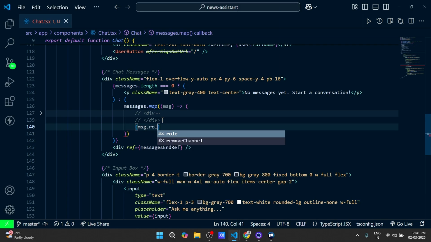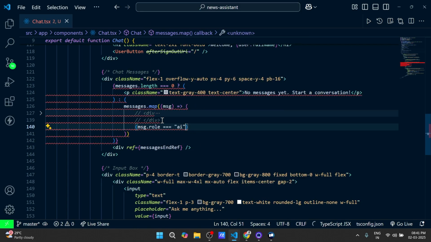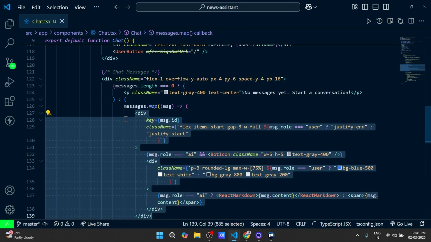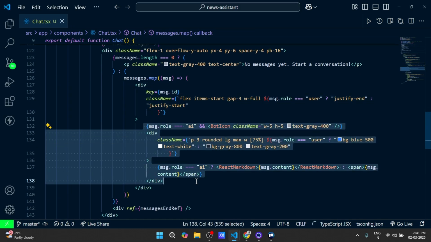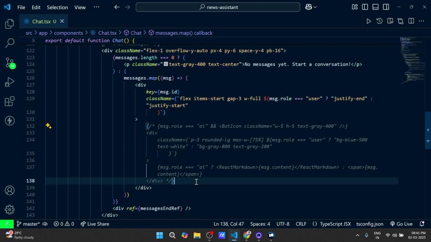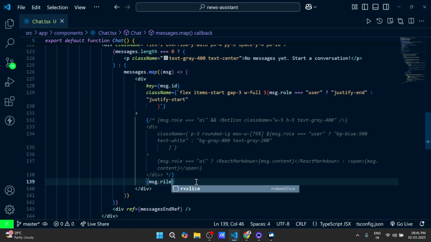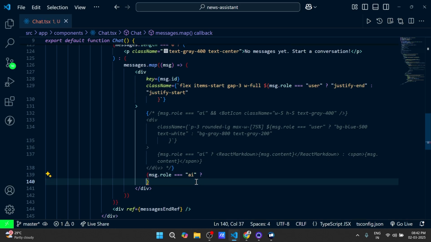If the message role is triple equal to AI, okay, what's the error? Okay, I have commented the entire division. The entire division is not needed. This much part is to be commented. So if the message.role is triple equal to AI, then